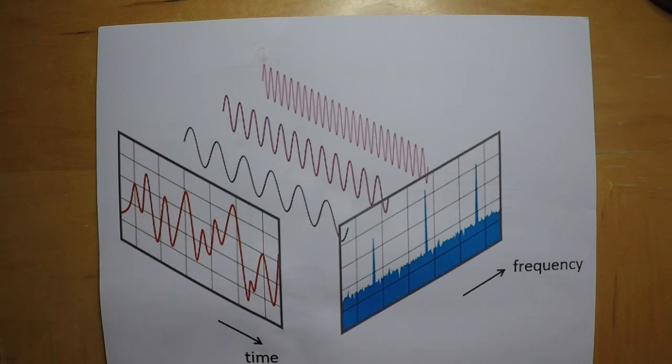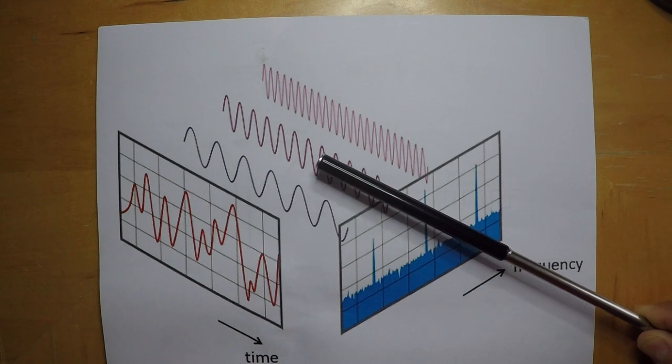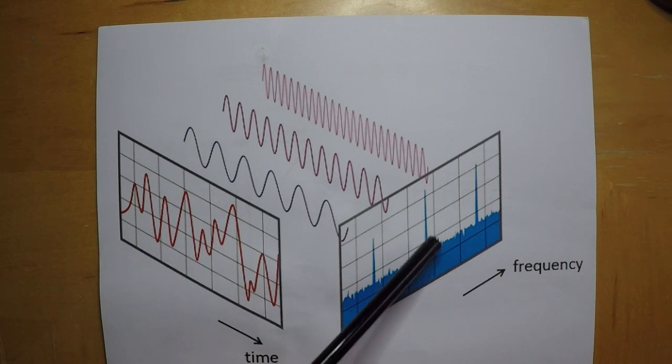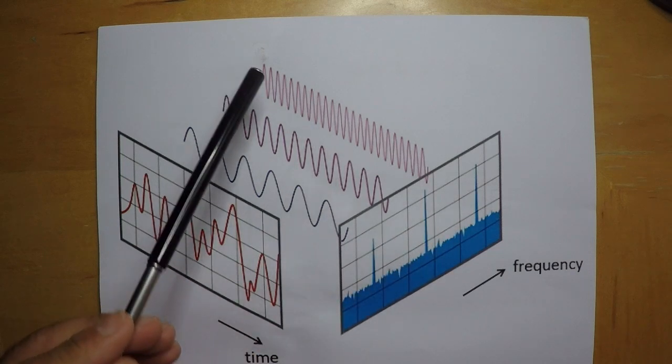But what if there was a way to look into the oscilloscope from this side? If we had a magic window into the oscilloscope, if we were able to look at the face of each one of these waveforms and follow the height of the waveform, it could be represented by this little peak here. Same thing with the next frequency. If we looked at it from this direction, looking in, based on the amplitude of this waveform, we could get this peak here. And same thing with the third frequency.